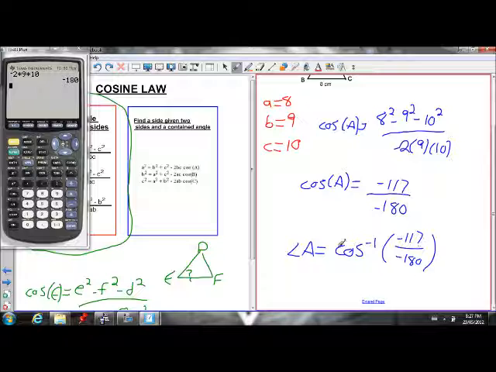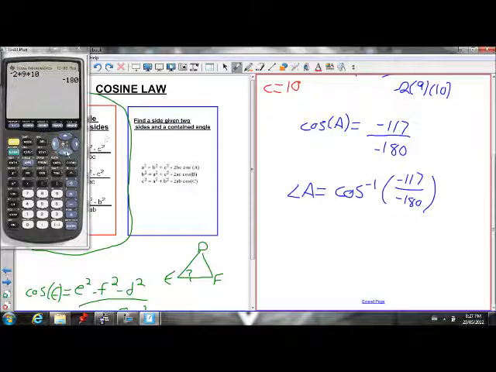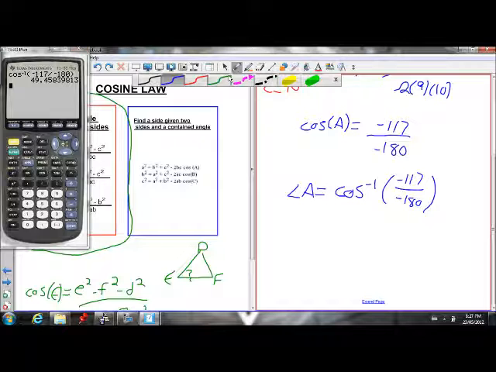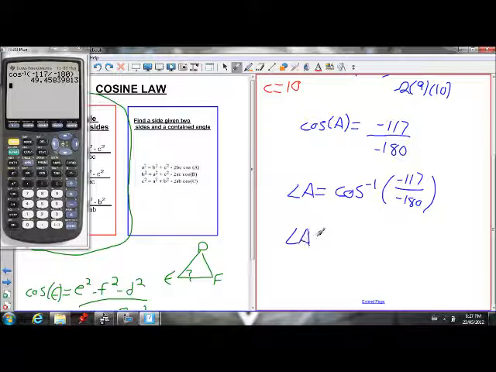I have to do inverse cos because that's the notation that will tell my calculator that what I'm inputting is a ratio, not an angle. So if I do inverse cos, my calculator knows I'm putting in a ratio, and it'll tell me the angle that goes with that. So if I put that in on my calculator, do inverse cos, so second cos of -117 divided by -180. My calculator will evaluate that and tell me it's 49.5 when I round that to the nearest tenth. So angle A equals